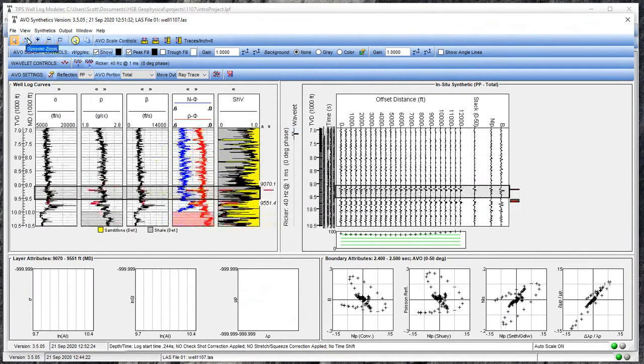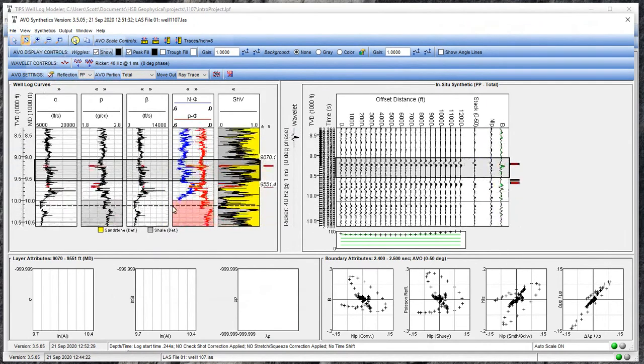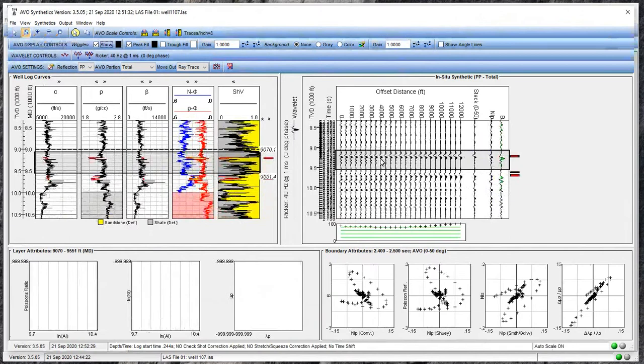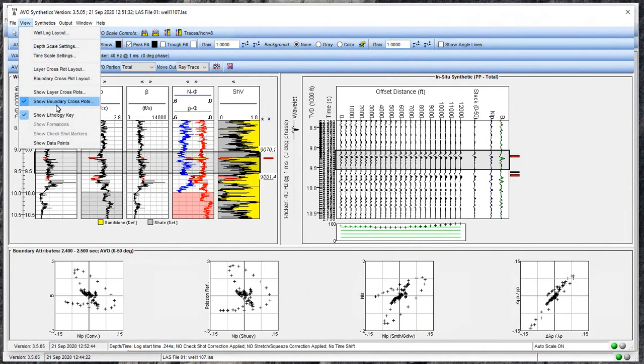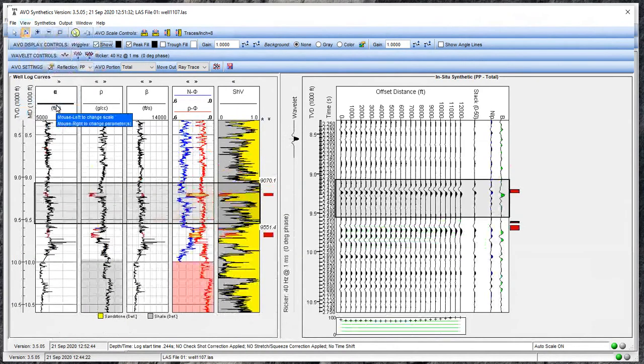Okay, or I can click and drag and zoom as well. Now, let's look at a few things first. I don't want to look at these cross plots because we're not going to get into that too much right here. We'll come back and look at those later. So I just go to View, and I would turn off Layer cross plots and Boundary cross plots. I turn them off, and we can turn them back on because right now we're going to focus on this